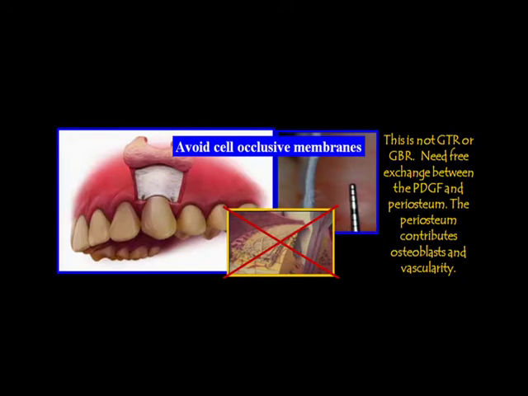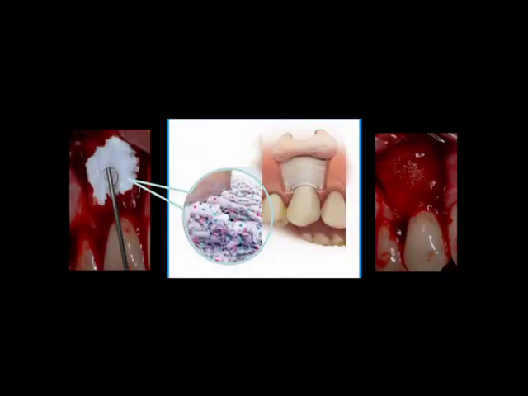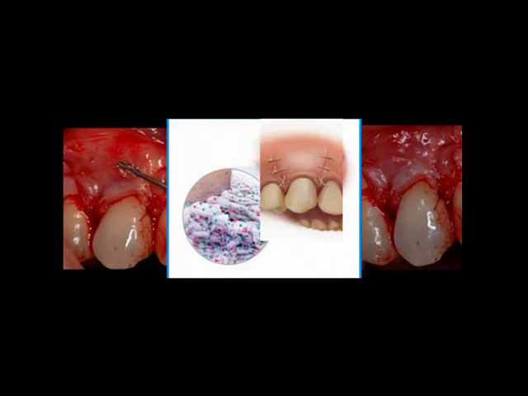If you're using a biologically active molecule, you need access to the periosteum, to the blood supply, the cells, and so you don't want to use a cell-occlusive membrane. So in this study, we didn't. We used a collagen wound dressing, and again, since we're using trade names, we used Collotape. It goes away very quickly. So here is the Collotape in place. I'm putting the PDGF on that after I put the TCP over the root surface,